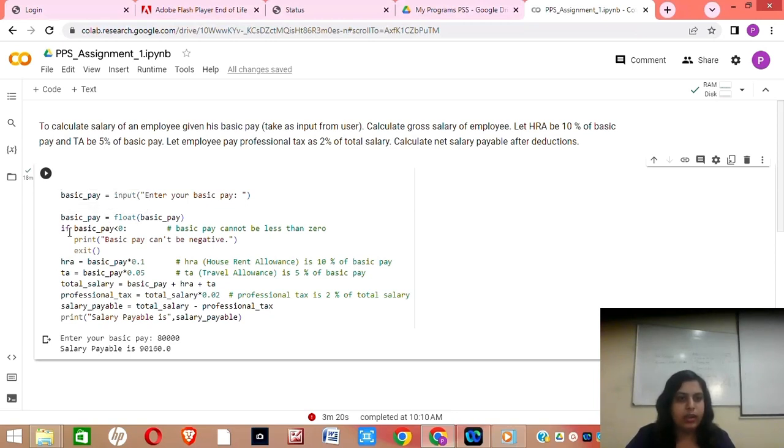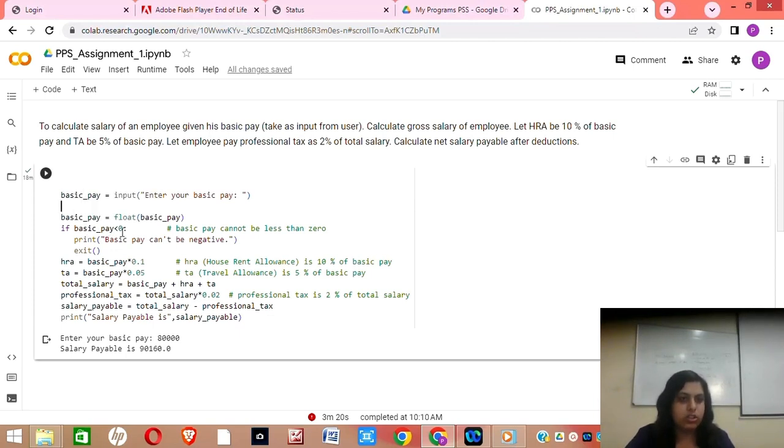We all know that basic pay value cannot be a negative number. So to check whether the value entered by end user is negative number or not, here we are using if condition. And here we are using less than operator to check whether value stored inside basic pay variable is negative number or not.